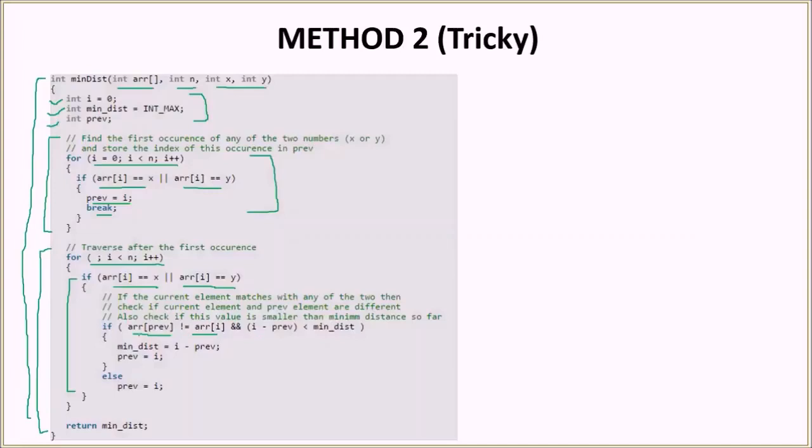If it is not the same as the previously found element and the currently found minimum distance is greater than the distance between the previous element and the current element, then we update the minimum distance and we also update the previous variable. If both are the same or this condition is false, then we just update the previous variable. After this loop is completed, we return the minimum distance here.